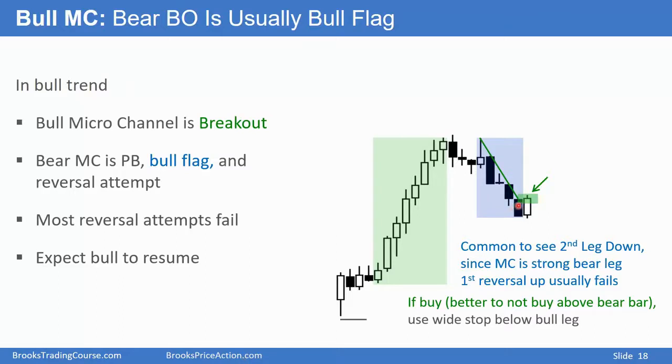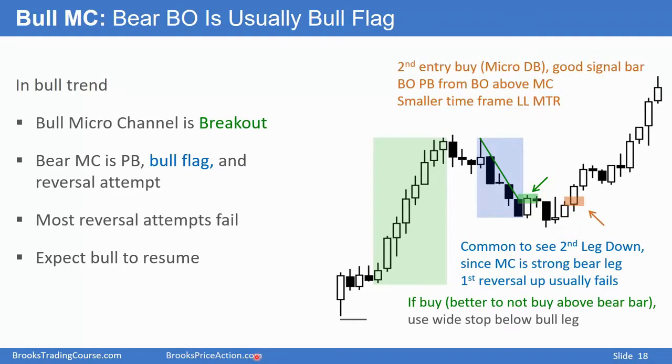In general, buying above a bear bar, even in a bull flag, is not a good bet. You can see we tried to get another leg down. Had you put your stop below this bull bar, you would have been stopped out. Had you used an appropriate stop down here or here, you would have been successful. Had you been stopped out by the market going below this bar, if your stop was there, you'd buy again above this bull bar, and you would have caught that swing up. Second entry buy. So if you did not buy above this bear bar, you could buy above this bar. It would be a higher probability buy.